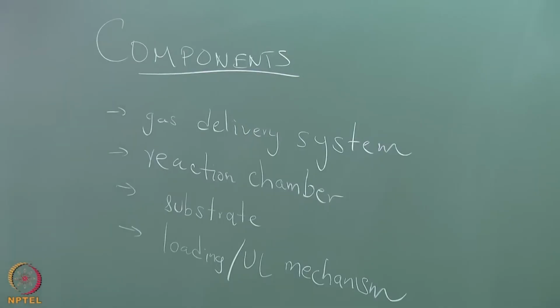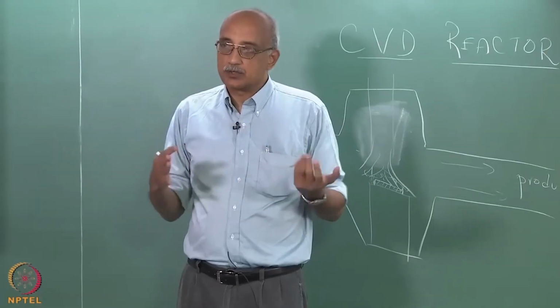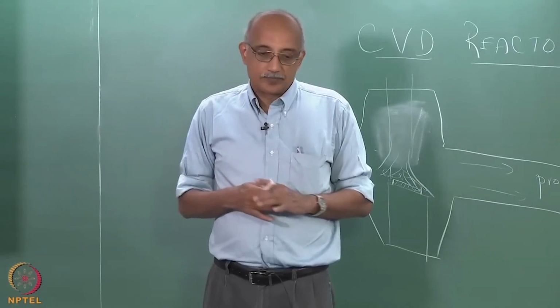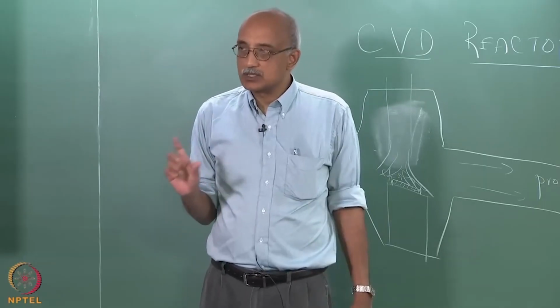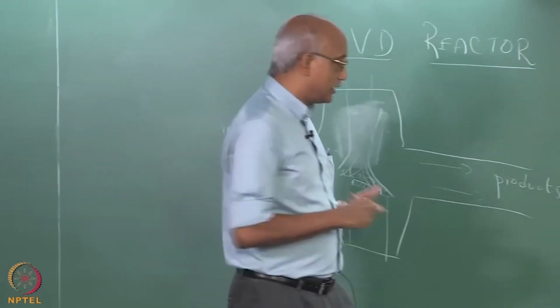And the substrate has to be provided a separate source of energy. The reactor itself may have its own energy source, so that you can maintain the entire reactor at a certain temperature and so on. But in CVD systems, typically the substrate will be maintained at a temperature that is different from the reactor itself. So, you need an energy source